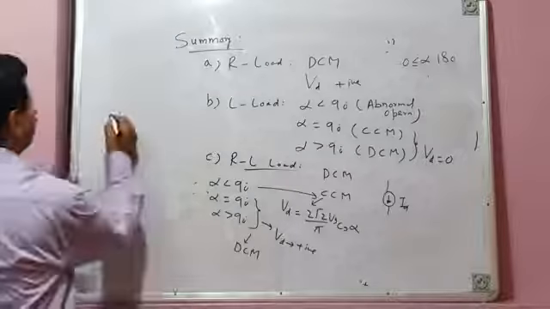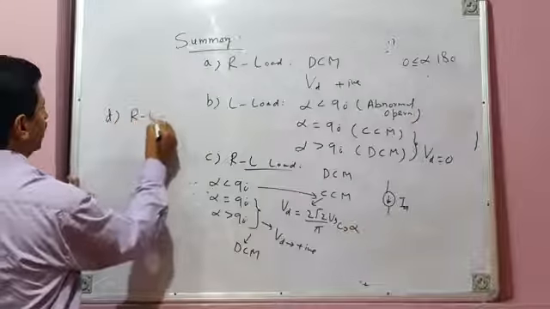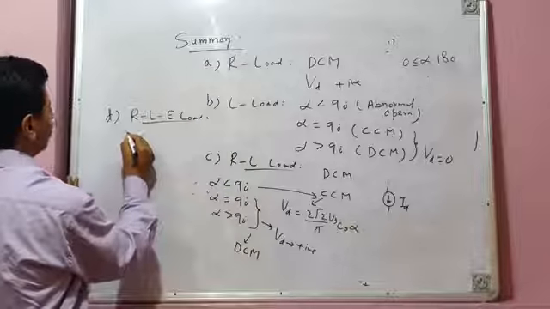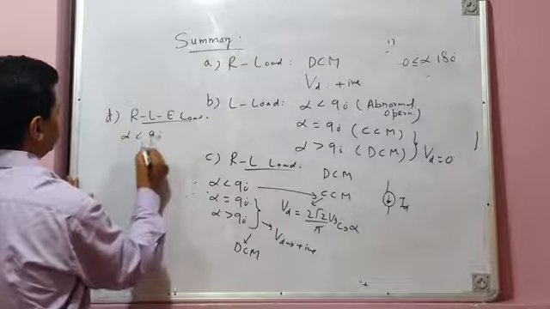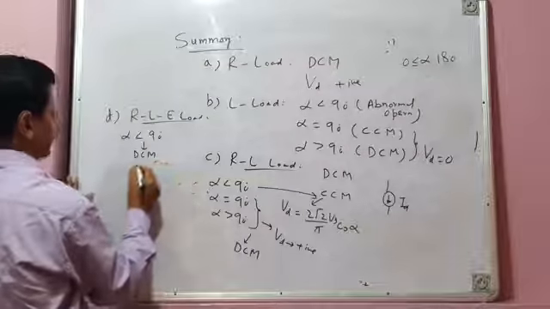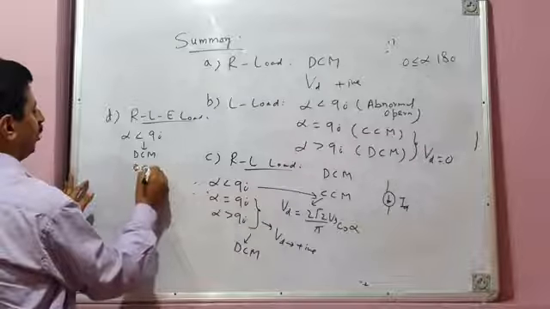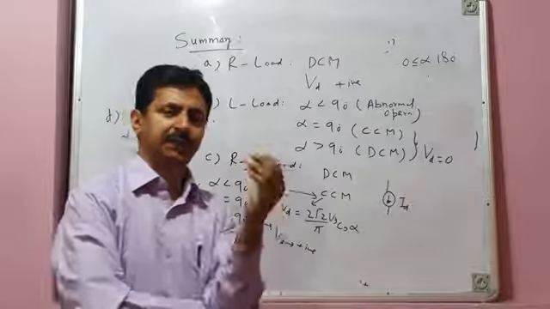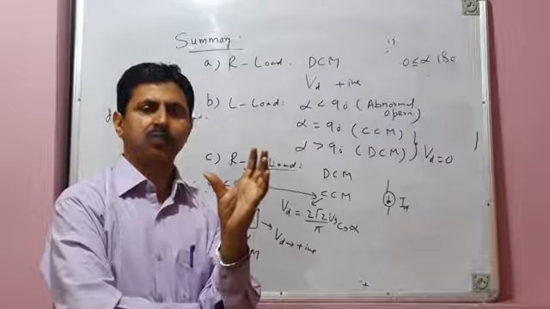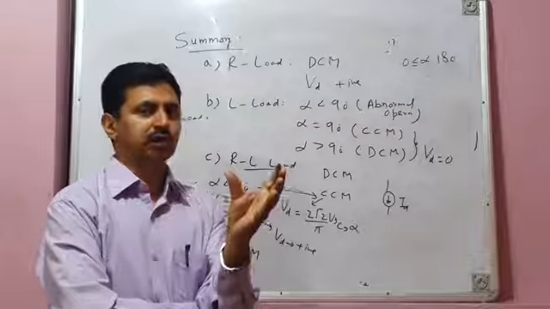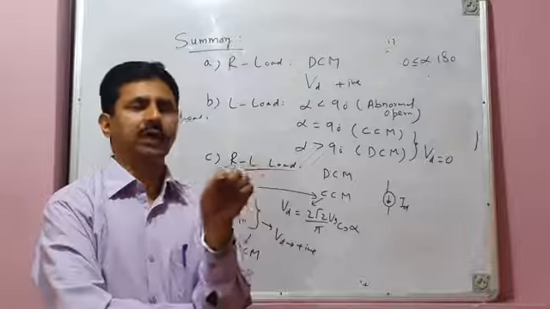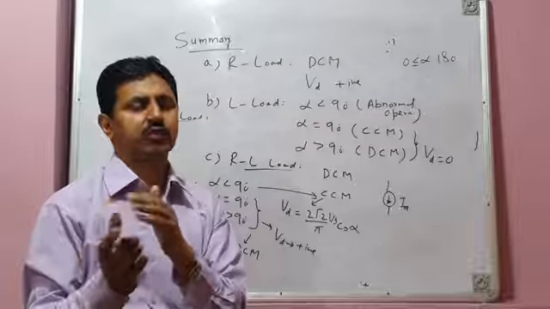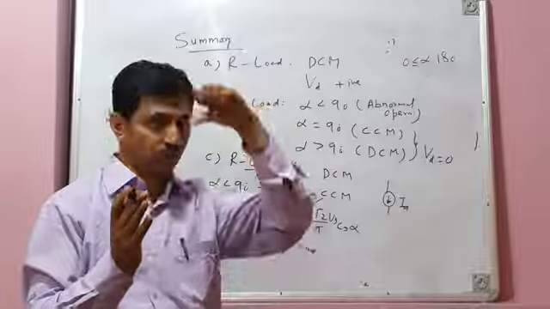Okay. And finally, today we discussed in today's lecture operation of converter on active load, RLE load. For RLE load, we take two conditions, one alpha less than 90 degrees. Here we again first analyze for discontinuous conduction mode of operation and then continuous conduction mode of operation. For discontinuous conduction mode of operation, we have seen that converter has two modes, thyristor conduction mode and coasting mode. For thyristor conduction mode, your load voltage is equal to source voltage, and for coasting mode, current becomes zero, your load is disconnected from the source, and load voltage is equal to E, load's own voltage.